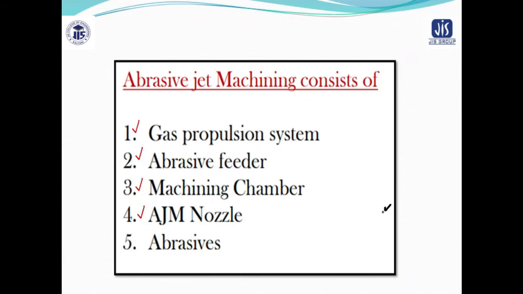Now we are talking about the abrasive. What abrasives are we using? Aluminum oxide, silicon carbide, glass beads, crushed glass, sodium bicarbonate. These are the common abrasives that we use in AGM processes. There are also some selective abrasives that depend upon MRR. We will discuss that in the upcoming slide.